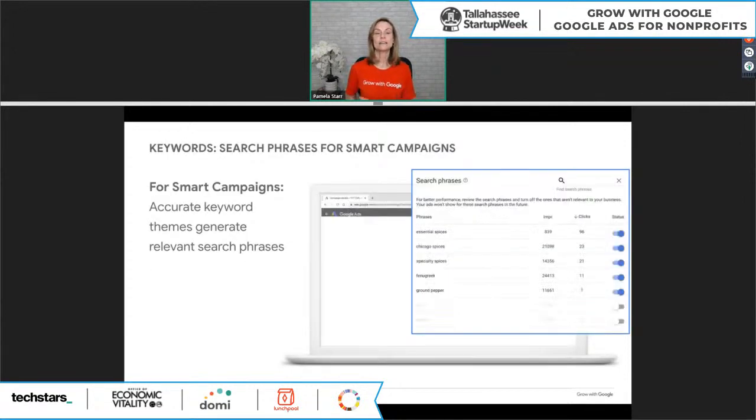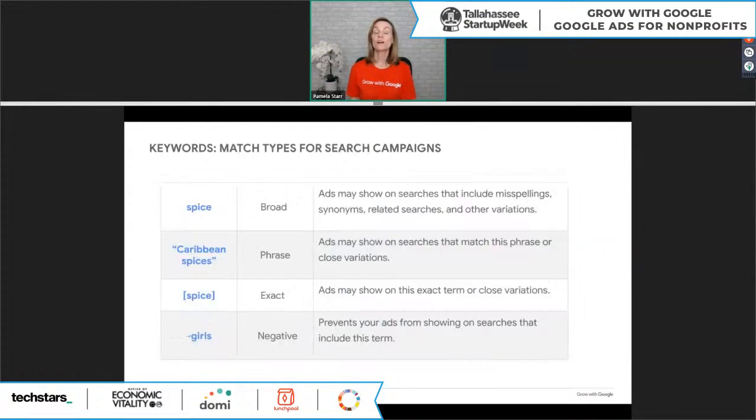So when we're now in experts mode, you can think about very precise keywords. In smart campaigns, remember, Google will offer you keyword themes, so you don't need to worry about getting too precise with keywords if you're in smart mode. If you're in experts mode, though, you've got a lot more control over the keywords that you are using. Google Ads in experts mode has a tool called the Keyword Planner that can help you figure out good keywords for your advertisements. There are actually a couple of little special codes you can use with the keywords